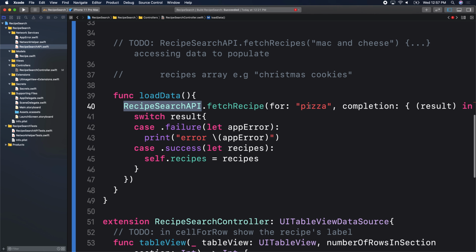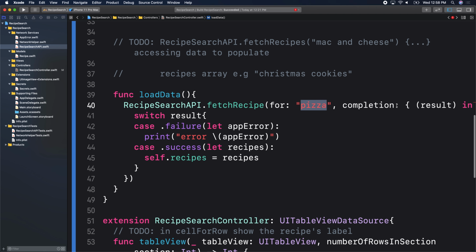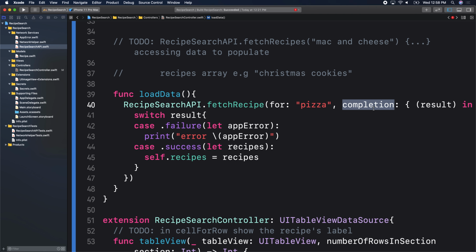That function is basically going to have two arguments. The first one is going to hold that filter. We haven't done the search bar yet, but this first argument is eventually going to be filtered through our search bar and then return us back the data that we want. But for now, we have a first parameter that holds the filter, and then we have another argument, the completion. That completion handler is going to give us two different results